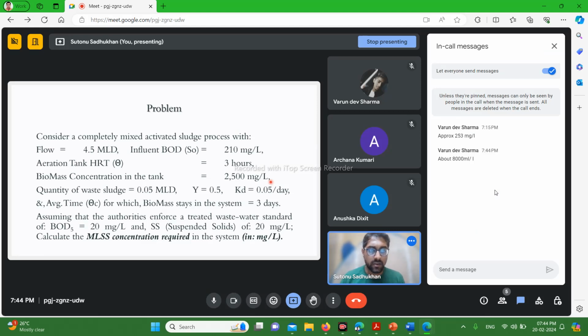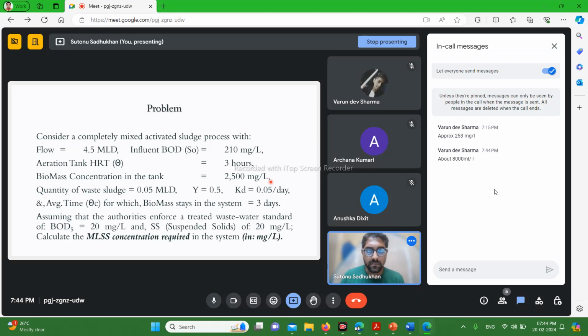Okay, Warren has calculated it as 8000 ml per liter. Ml per liter means the unit is required, milligram per liter. Okay, so I think we are talking about that only. We will see. I don't remember the